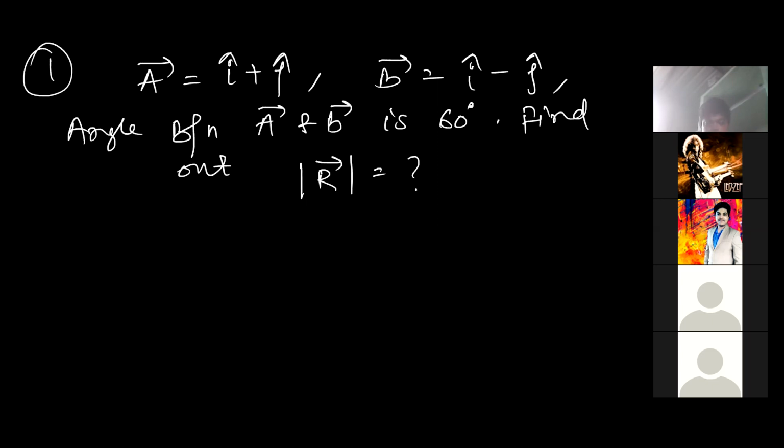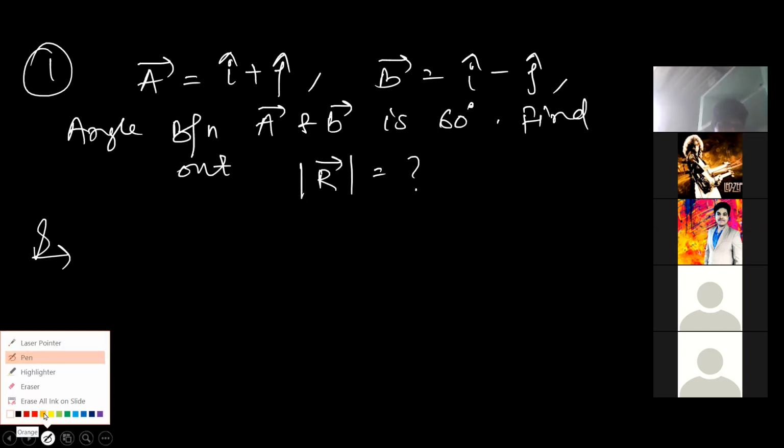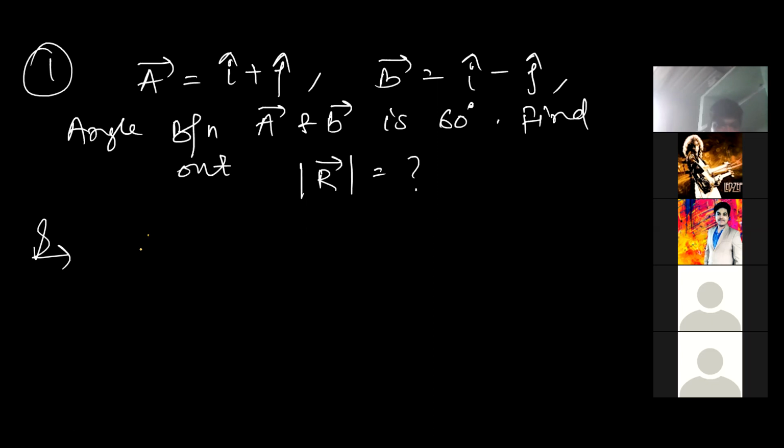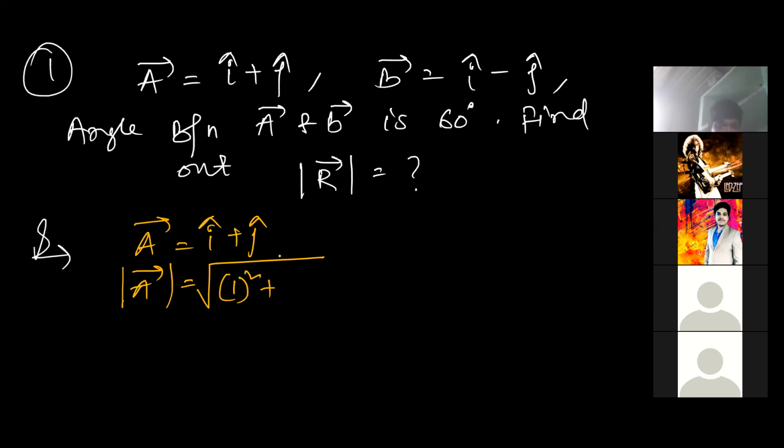Finish, finish copy. Okay. Now, whenever we have to find out the modulus of a resultant vector, how do we find it? If the A vector is given as I cap plus j cap, then modulus of A vector will be under root of coefficient of I cap, this is 1, that whole square, plus coefficient of j cap, this is also 1, its whole square. So it is under root of 2.